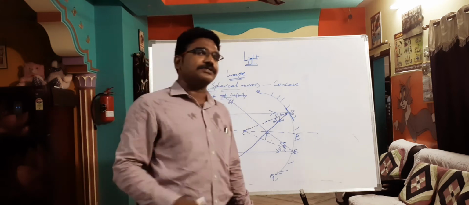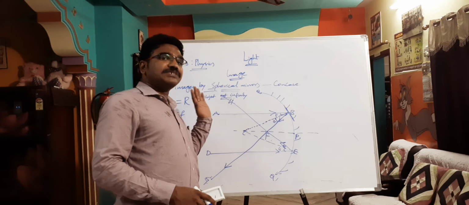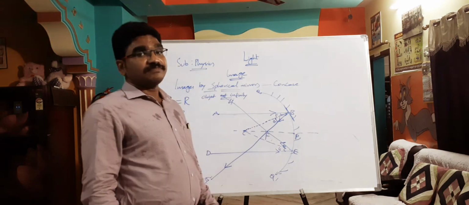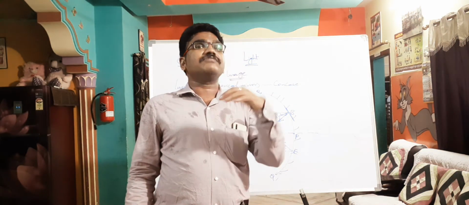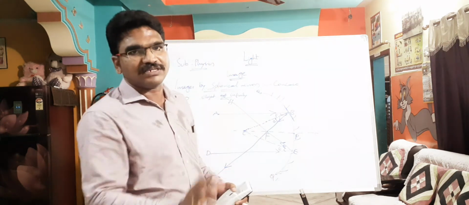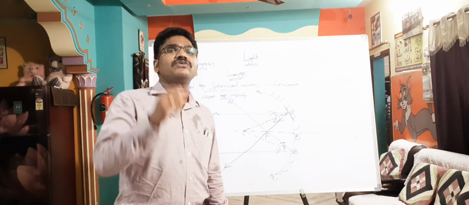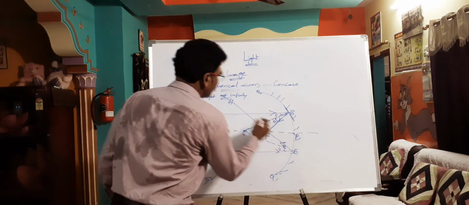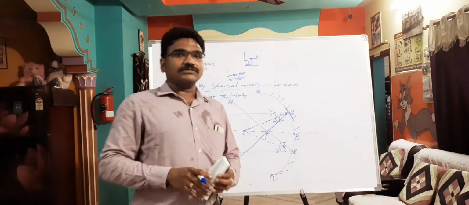This is another important point. Though we call it the principal focus, when the object is at infinity, the image is formed at the principal focus. This experiment, generally we use to calculate the focal length of spherical mirrors. In the laboratories, when some spherical mirrors are given, for example, they will give a concave mirror and they will ask you to calculate the focal length. Focal length means what? That is PF, P to F, that is the focal length. You want to calculate that focal length, then what do you do?